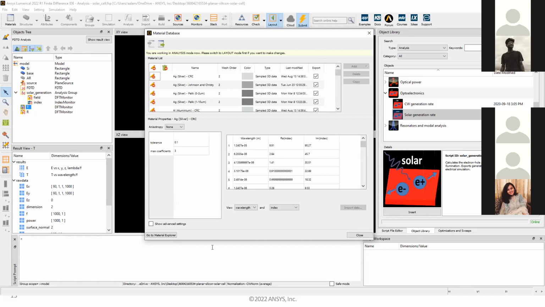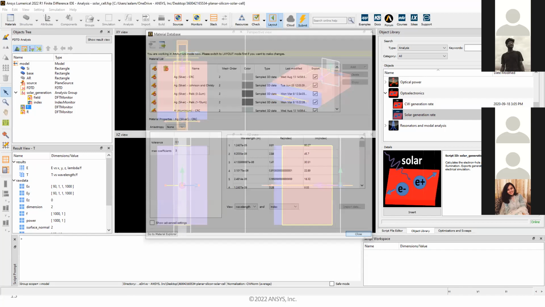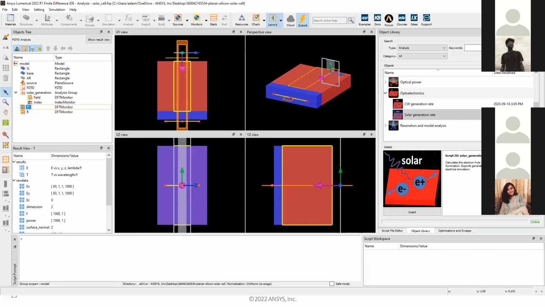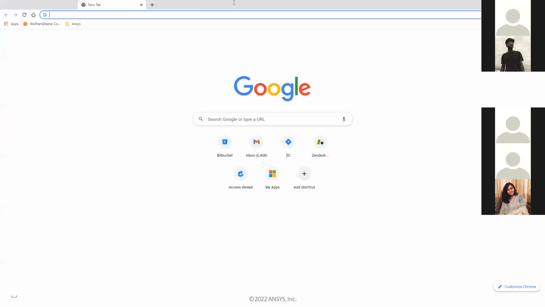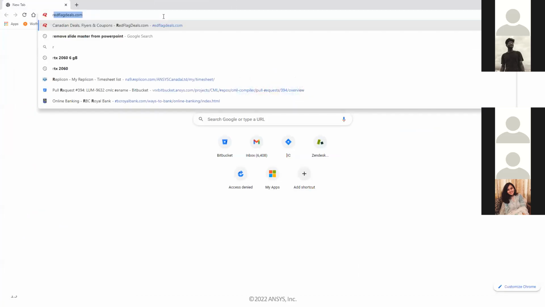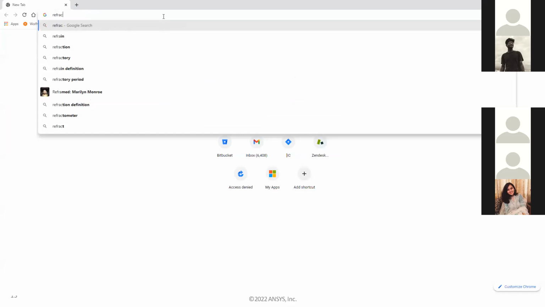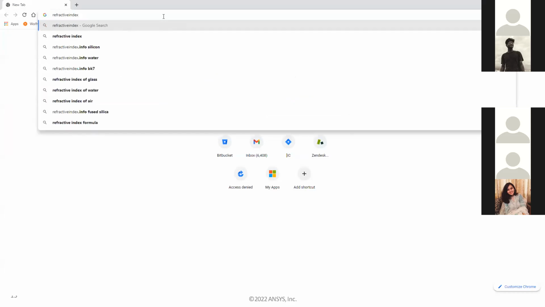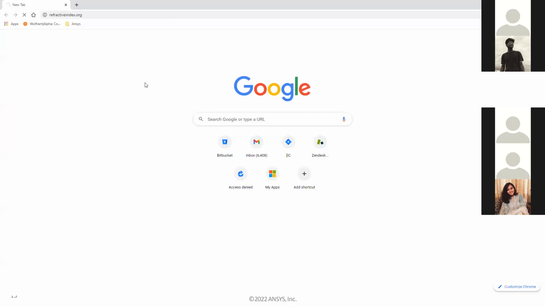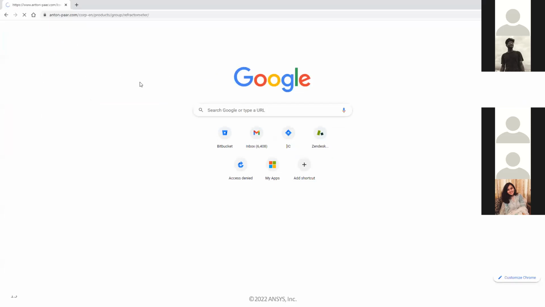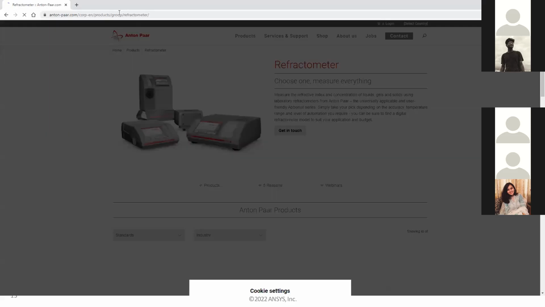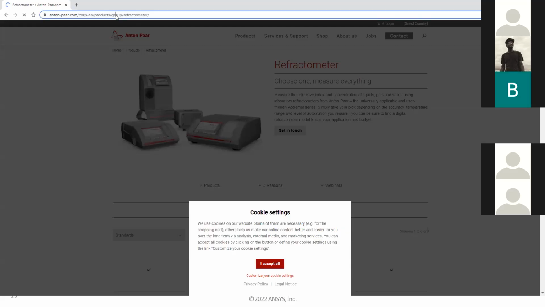However, I don't know if you're familiar with this website. I think it's called refractiveindex.org. Is that correct? Nope, wrong. I think it's .info.